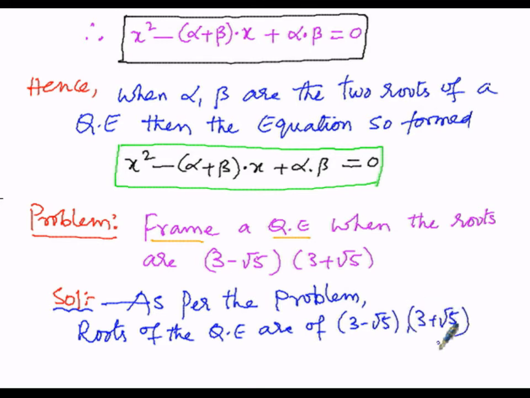So here let one root be alpha, the other root be beta. I am going to assume the first root, alpha, as 3 minus root 5, and the second root beta as 3 plus root 5. Then the quadratic equation so formed is